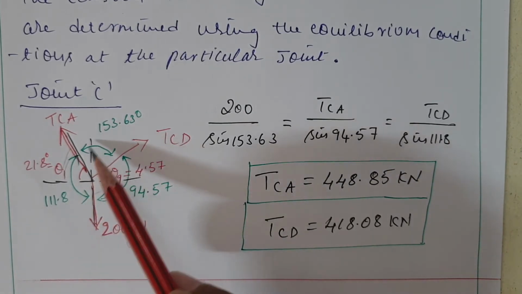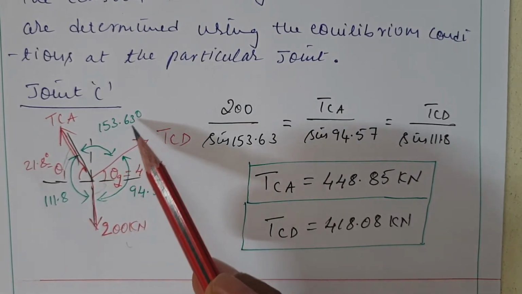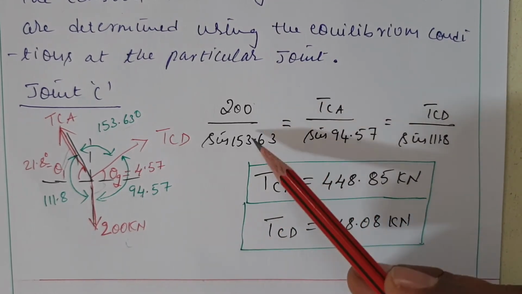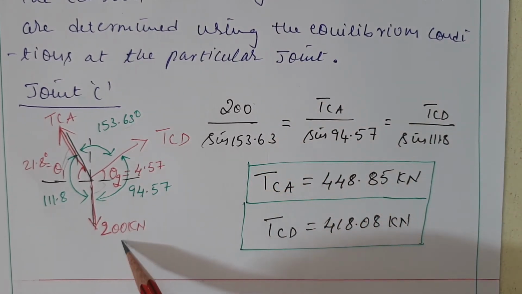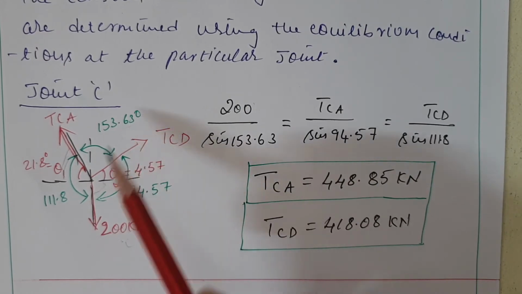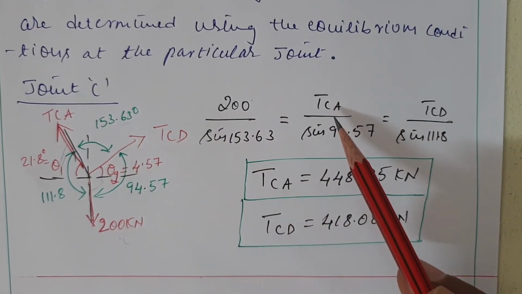Then 360 minus these two, you will get 153.63. We have three forces and we know the angle between all three forces, then I can apply the sine rule. So the sine rule: 200 divided by sine of the angle between the other two forces, 153.63, equals TC